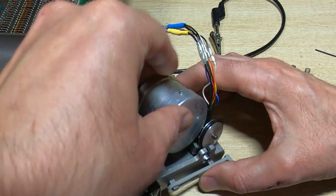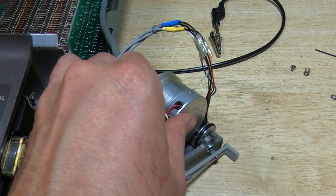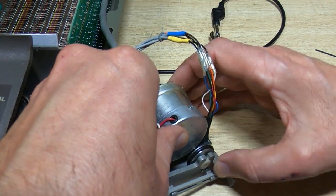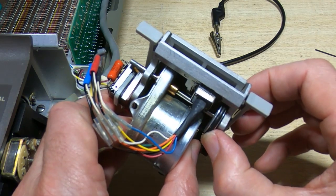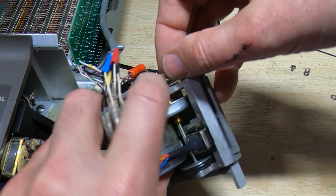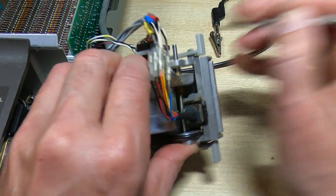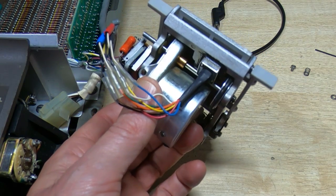Try not to get in the way of the camera too much. And then we need to get the boss on at the back. Okay, so that's the first. Just rotate the pulley so the flat's in the correct location. We'll fit the second bush into place so that we've got the entire assembly correctly aligned. Okay, so both of the bushes are now in place. I haven't refitted the screws, and if this is